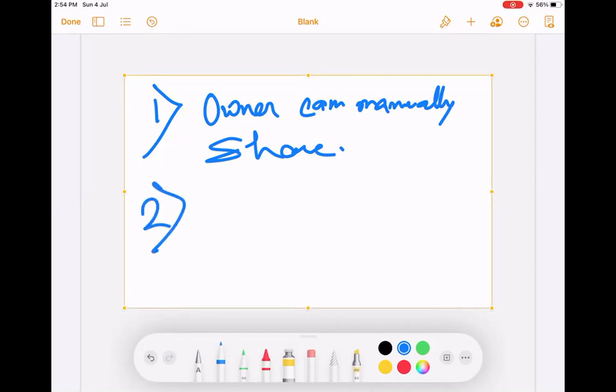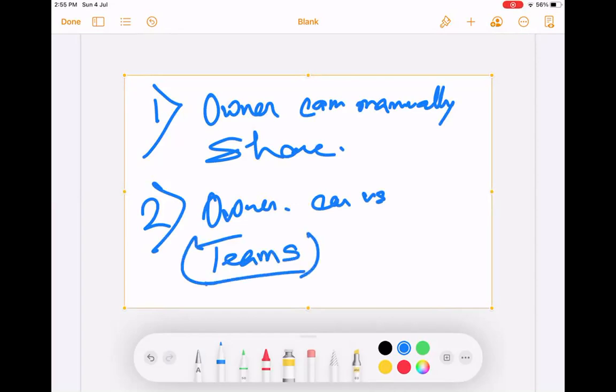Second mechanism of sharing, again, an owner can do. The owner can add users in teams. There is a feature called teams. This teams feature is applicable on account, opportunity, and case.